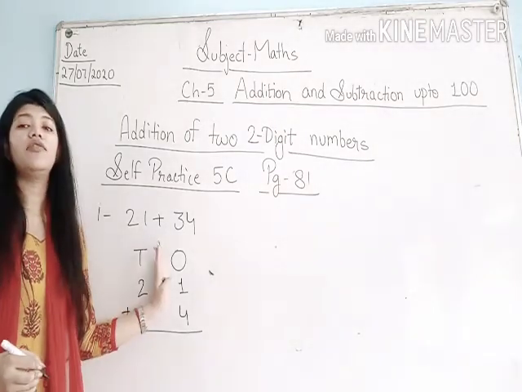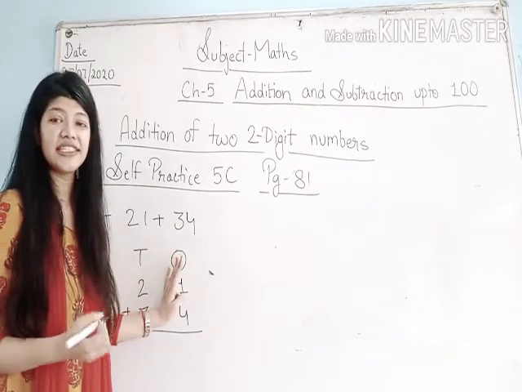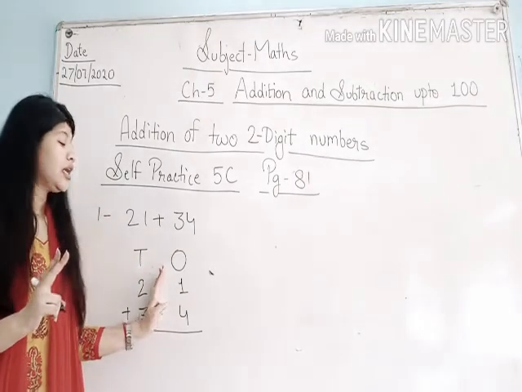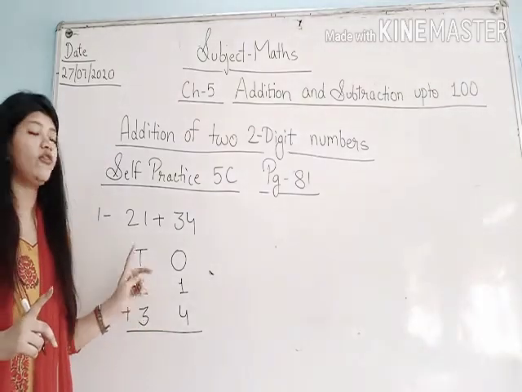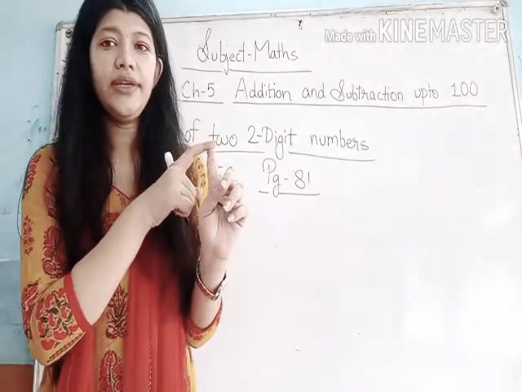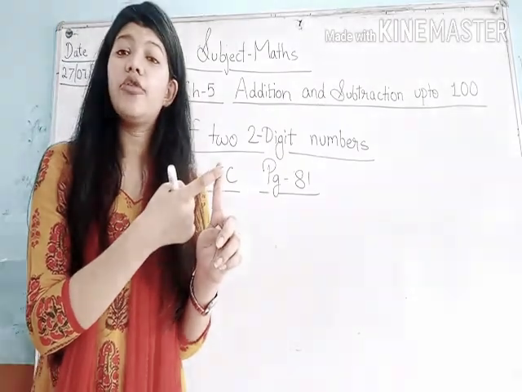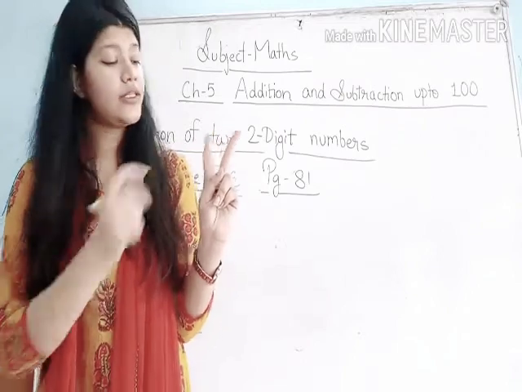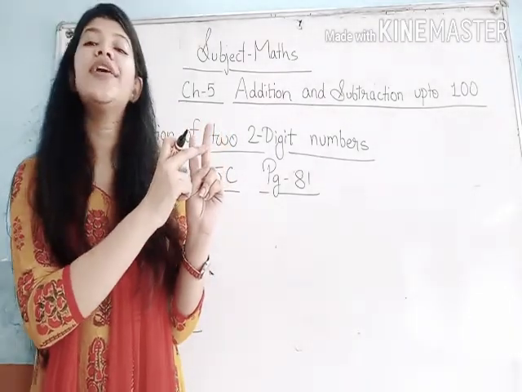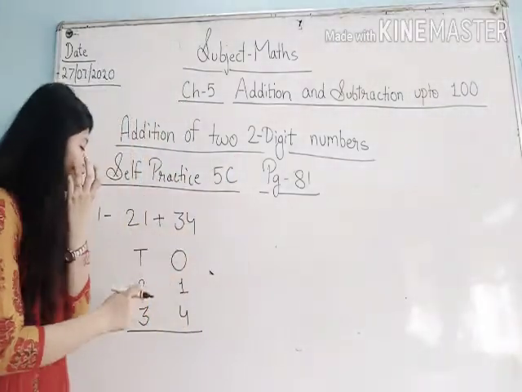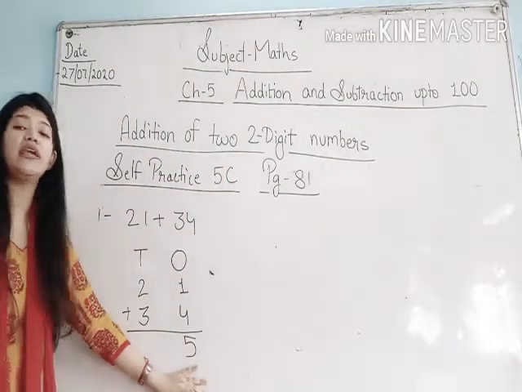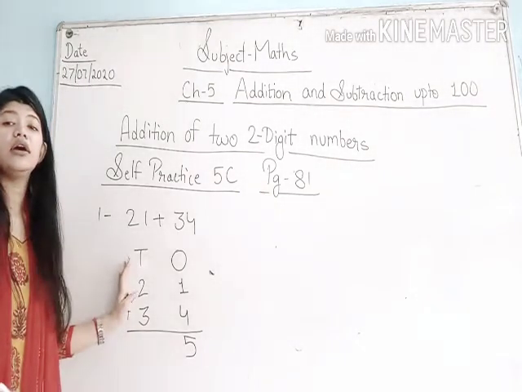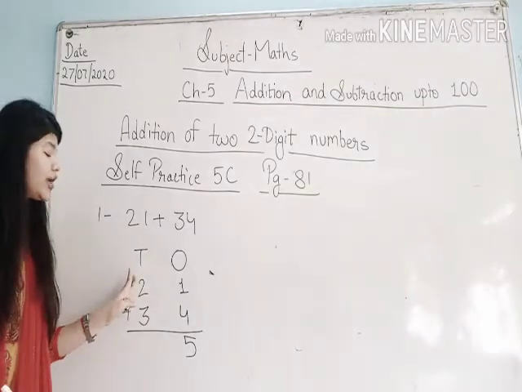Now let's add the ones column, that is our next step. Now it's 1 plus 4. There are 2 digits under the column of ones, 1 and 4. So let's add 1 and 4 on our fingertips. Now see, 1. And how much more do we have to add? 4. 1, 2, 3, 4. So what did we get as the answer? 1, 2, 3, 4, 5. So we will write 5 under the column of ones. Clear? Now let's come to our tens column. So now in the tens column there